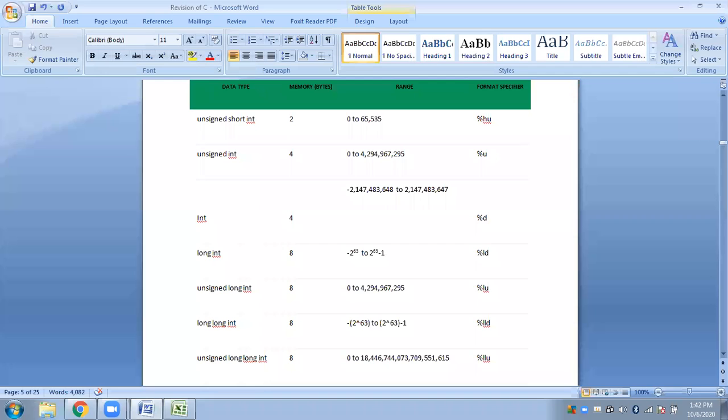It is obtained this way: since we are considering the negative numbers here, minus 2 to the power, we have 4 bytes. 4 8s are 32, so 2 to the power 31 to 2 to the power 31 minus 1. This is the actual value. This is how we calculate this range, and this is how we have calculated all these ranges.